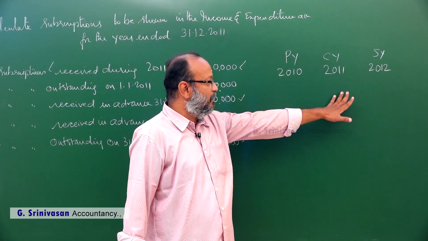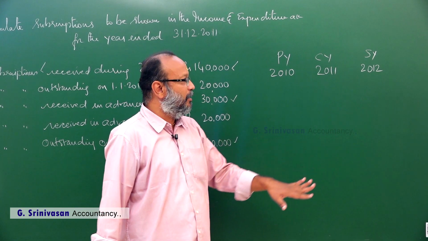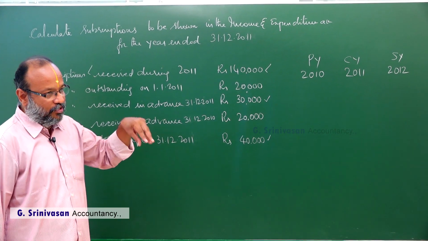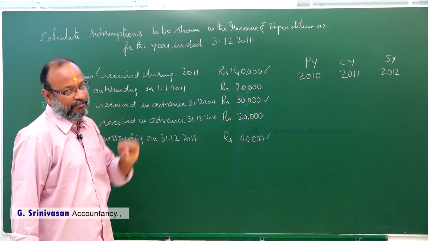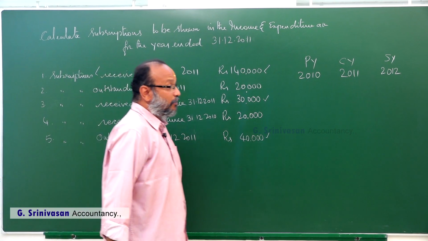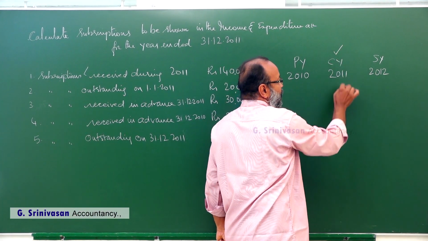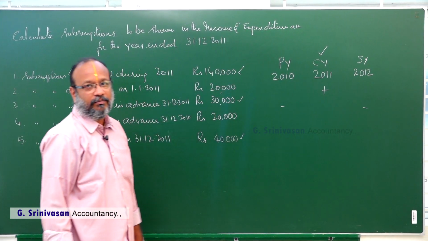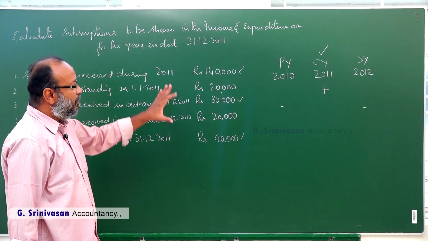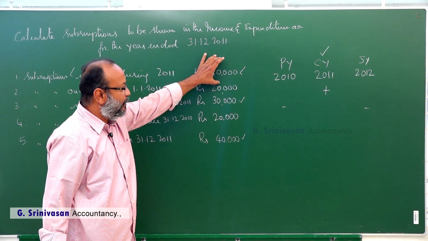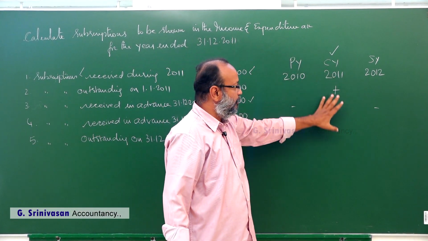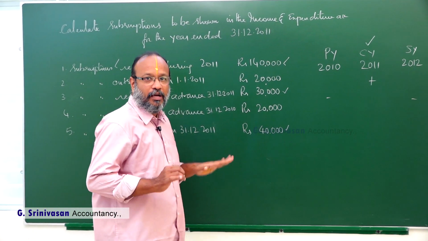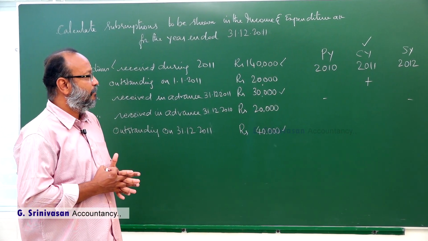யார் கேட்டாலும் சொல்லுவாங்க கரண்ட் இயர் 2011 அப்படின்னு சொன்னால் ப்ரீவியஸ் இயர் என்ன, சப்சிக்வெண்ட் இயர் என்ன, எவ்ரிபடி நோஸ். நவ் திஸ் அண்டர்ஸ்டாண்டிங் இஸ் மோர் இம்பார்ட்டன்ட் ஆர் த மோஸ்ட் க்ரூஷியல் இன் சால்விங் திஸ் சம், ரைட்? Whatever is related to the current year, we have to add, and for the other 2 years, we have to minus. There is a shortcut method, right? Whatever is out in this 1,40,000 rupee, whatever is related to the current year, we will be adding, and for previous year and subsequent year, we will not be adding to it, or we will have to deduct from that one, right?